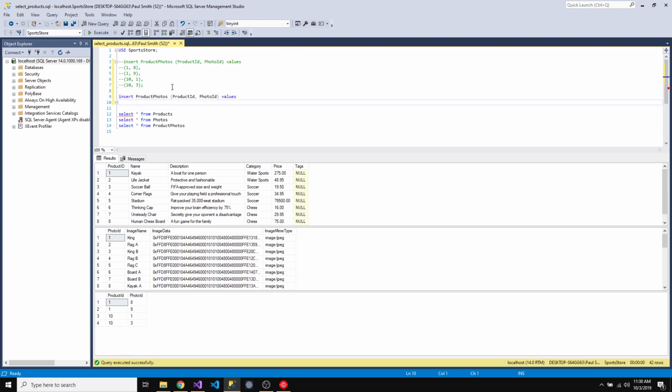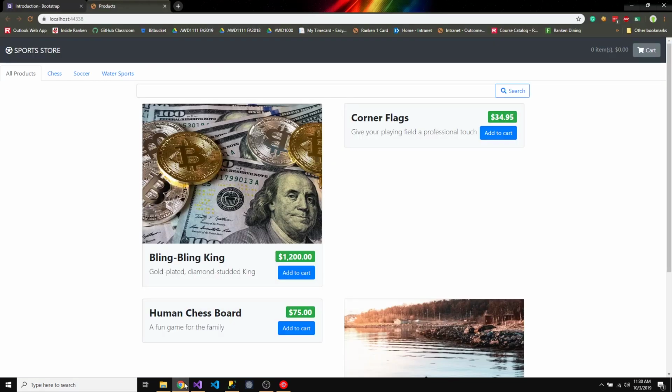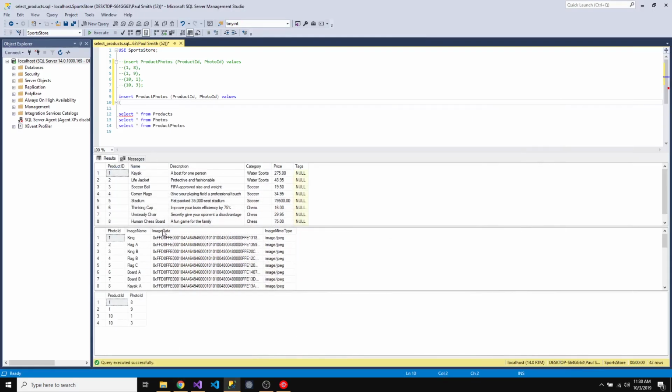So I need to insert into here. Again, corner flags needs 3. So corner flags is ID 4. And it has, where are my flags? So flag 2, product photo 2,